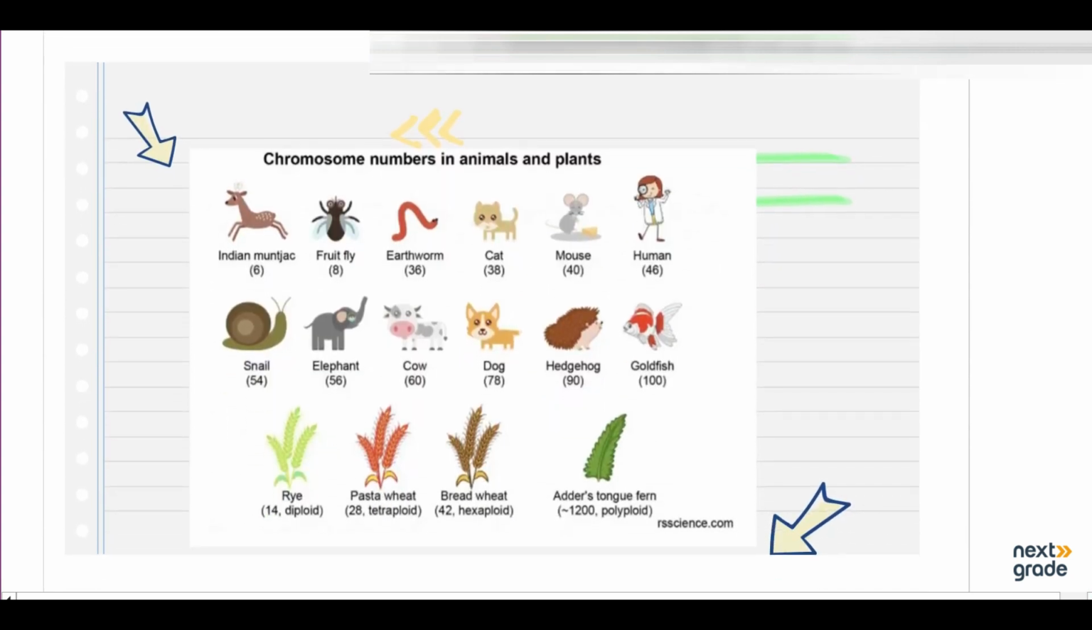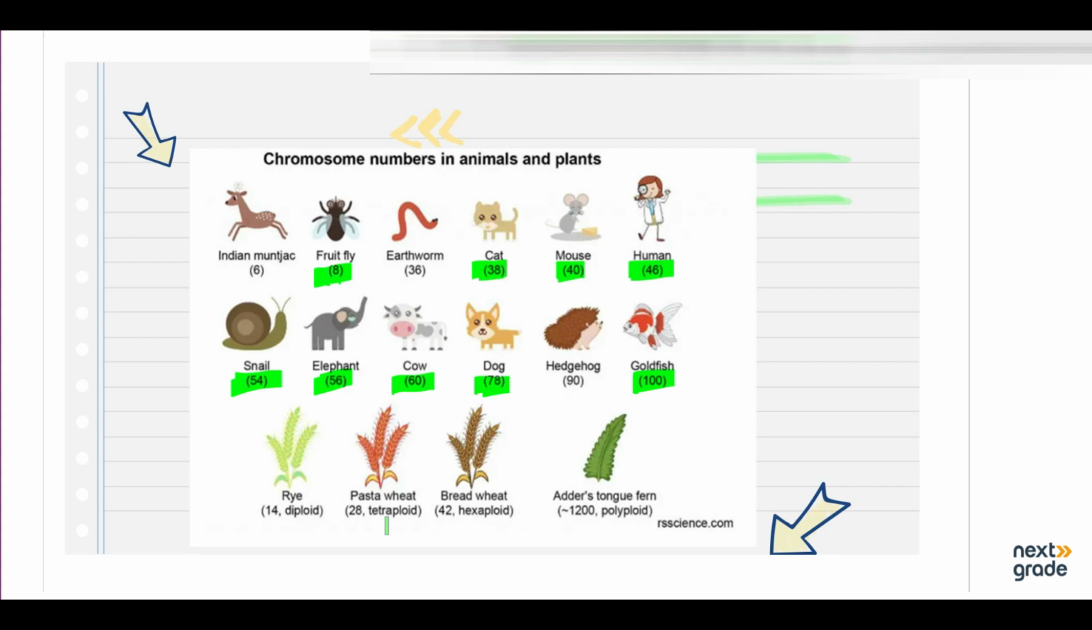Okay, so this picture is showing you a different number of chromosomes that are present in the animals and in the plants. If you see, a cat has 38 chromosomes, a mouse 40, a human 46, a goldfish 100, a dog 78, a cow contains 60 chromosomes, an elephant has 56, a snail has 54,